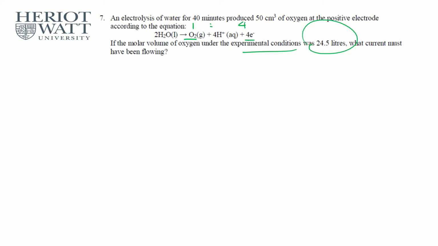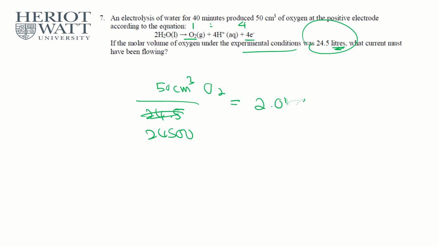And they're asking what current must have been flowing. Let's use the existing information to calculate what we can. First of all, we have 50 centimeter cubed of O2. If I divide this by 24.5, which is the molar volume, I should be able to get the mole. But this 24.5 is in liters, which is dm cubed, so I have to change it into the same unit, where we have 24.5 times 1,000, so it's actually 24,500. So 50 divided by that answer,